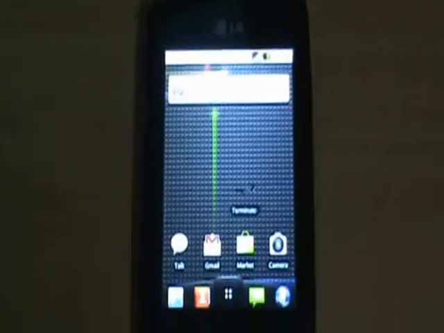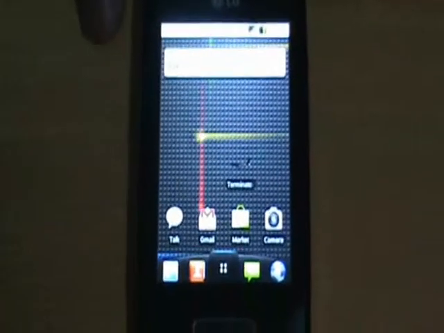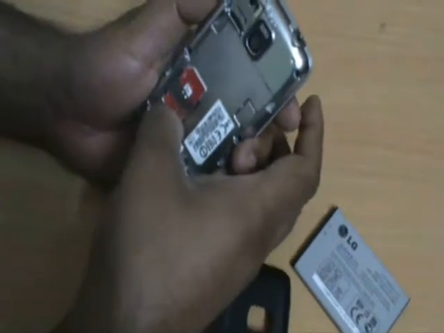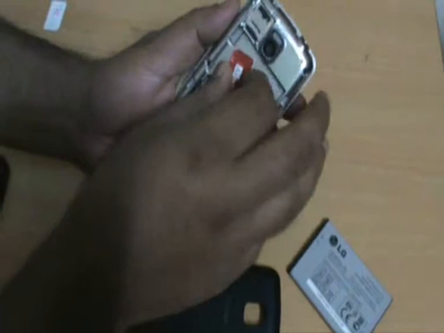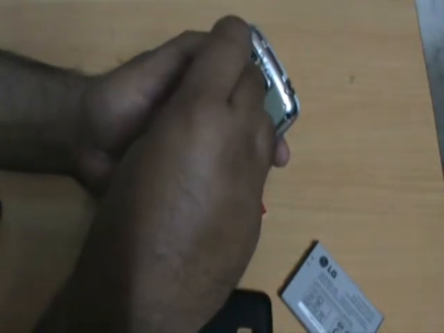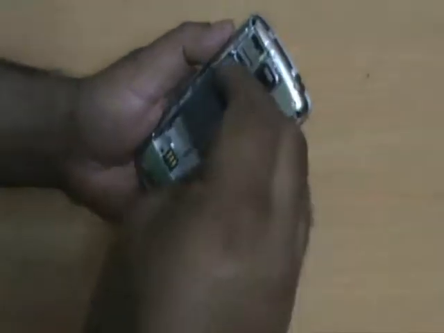Now let's see all this in action. We'll remove the SIM card from this Android phone and we'll replace it by another SIM card. Just to replace I'll remove the battery. Removing this SIM card, this is a red color SIM card, and we'll place another SIM card which is a white color SIM card.